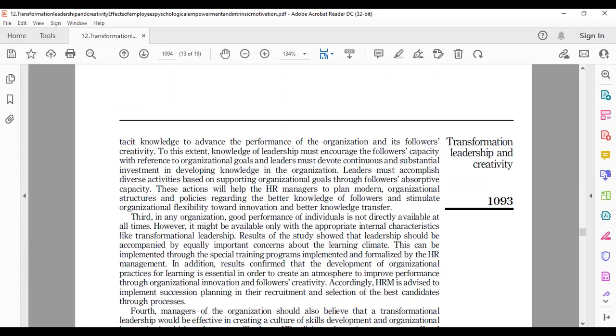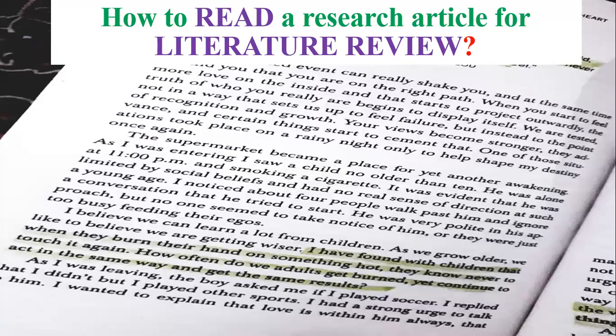Here is a research article. As you can see, we can learn how to discuss the research and how to read a research article for a literature review. You can copy these things into an empty or new sheet of a Word file and paste them there with the author name, topic name, and year of publication. It's easy for your referencing or citation.